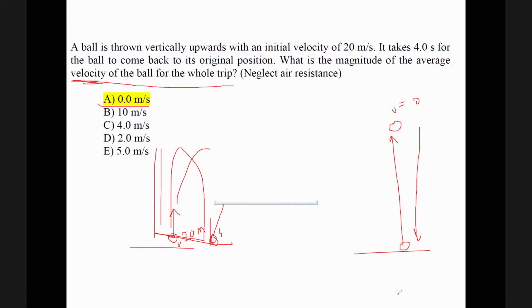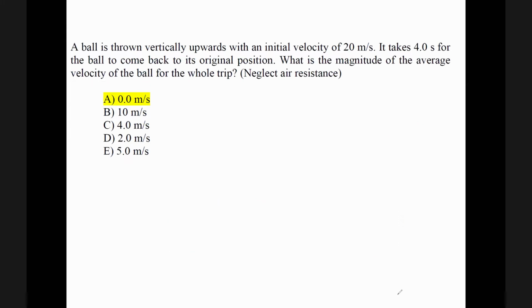Doctor, if you said average speed, it will be 10, yes? For average speed I need to calculate the distance up and the distance down. Good question, excellent. I need to calculate the distance up to here, plus I need to add this distance to here. Just distance without direction. Without direction, just distance. How much? Then divide by 4, because the whole trip is how much? It is 4, right? Yes. So calculate this distance from the equation of motion. Calculate this distance, positive of course, and add them to each other.